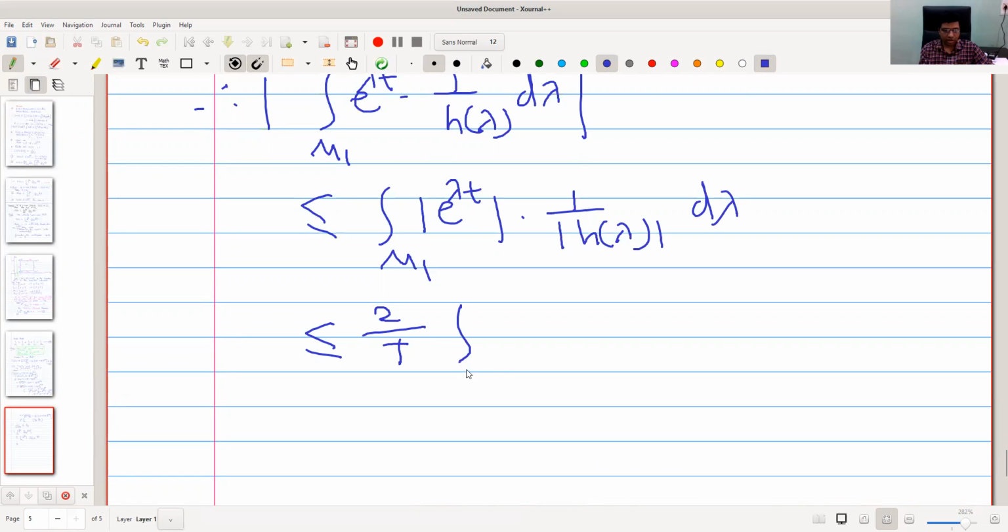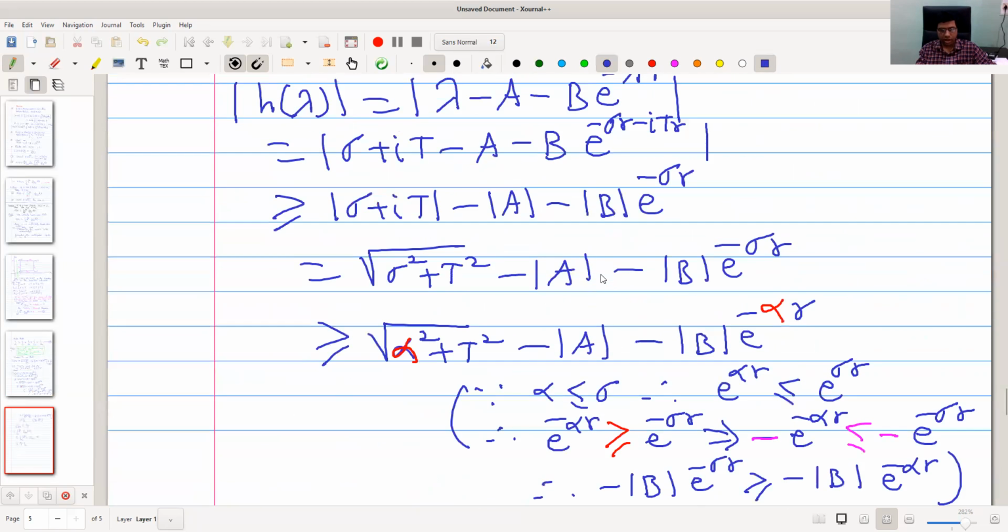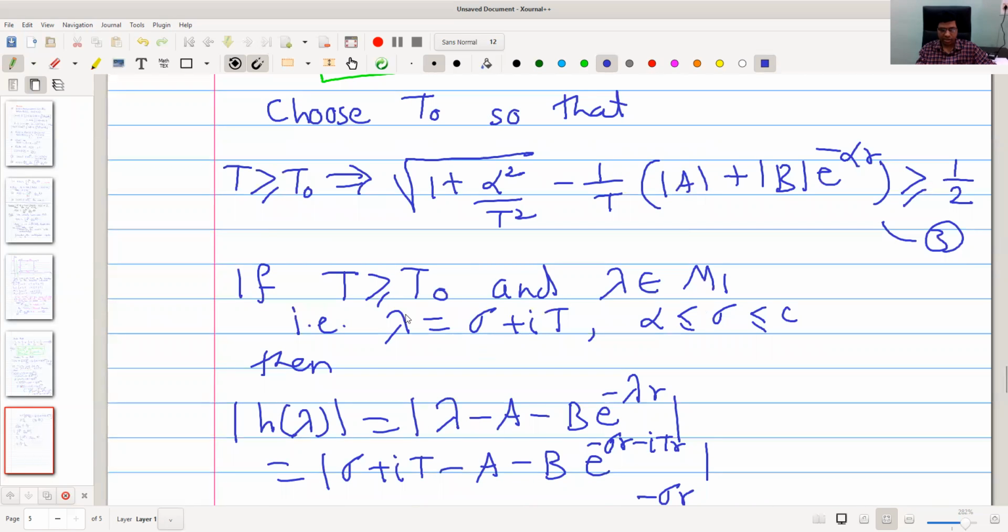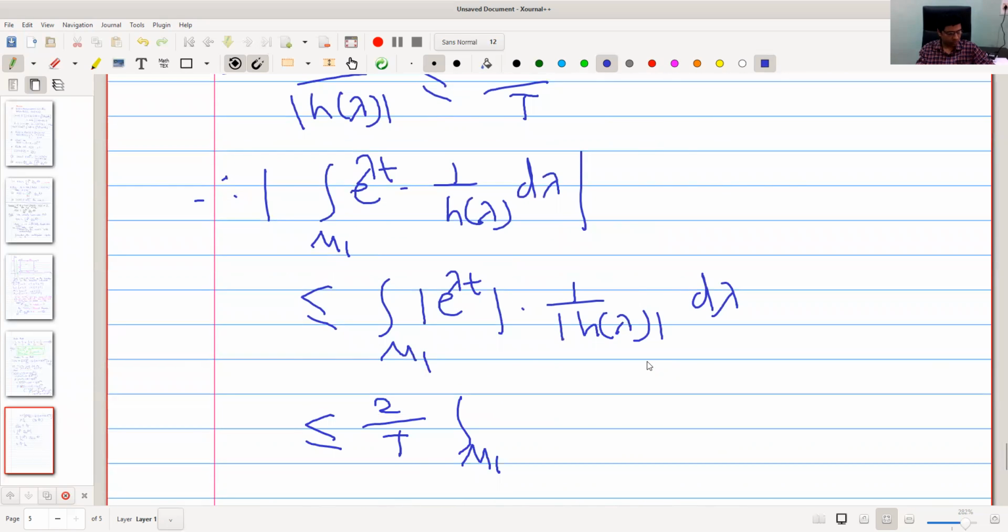and this is integral over m1 of mod of e raised to lambda t. Again, what is lambda? Lambda is sigma plus it. Okay, lambda is sigma plus it. So mod of e raised to lambda t is simply e raised to sigma t, d lambda. Okay, so this is nothing but 2 by t